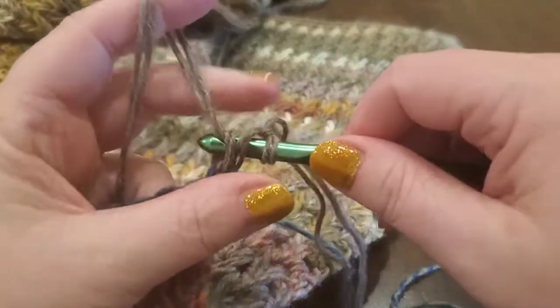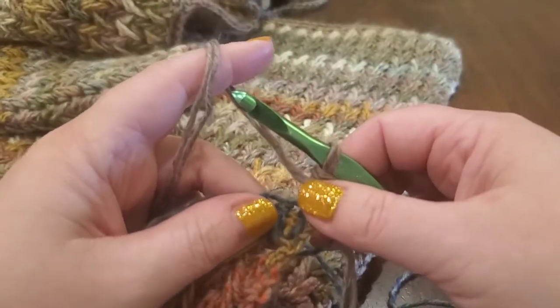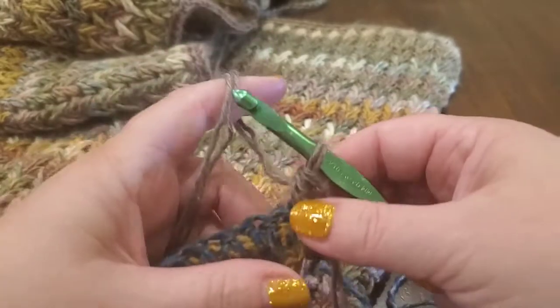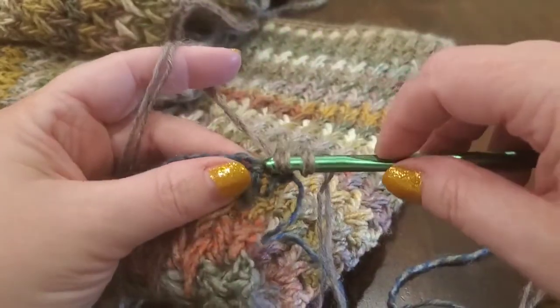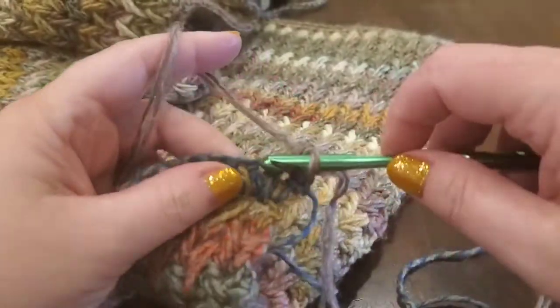And do your half double. This will just create a nice clean edge to both armhole edges. I think it'll look much nicer to do the foundation half double crochet. And if you wanted to, you could alternatively